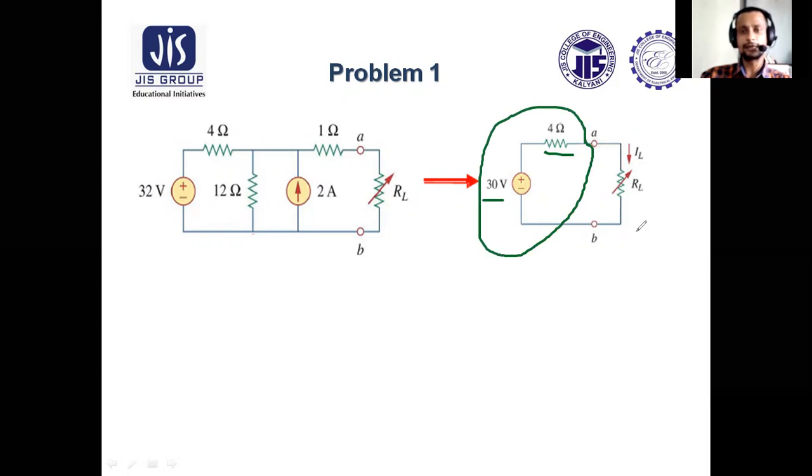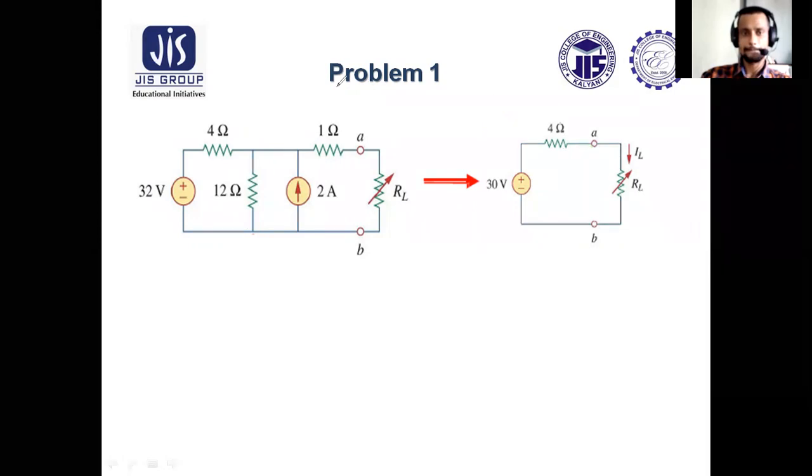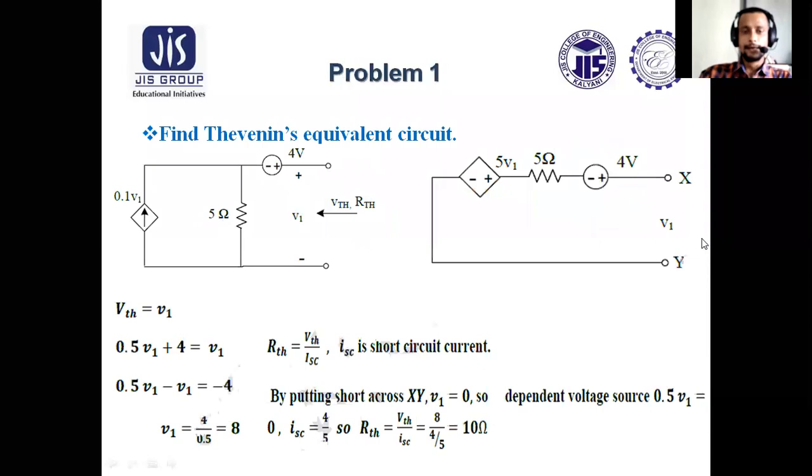Now at last we'll reconnect the load. Okay. So this is how you can convert any complex circuit into a simpler Thevenin's equivalent circuit. Now for this problem, if there is a dependent source, as I said, for dependent sources, determination of RTH will follow a different procedure which we earlier discussed. So let us discuss that step of determination of RTH with the help of this numerical.